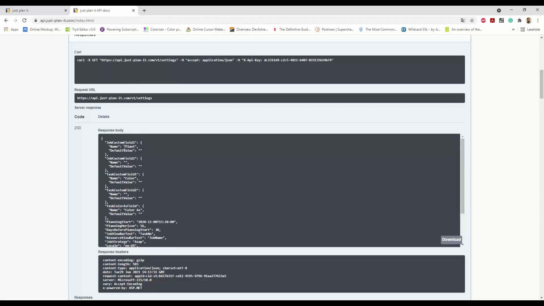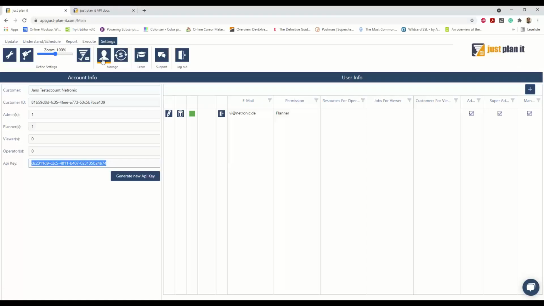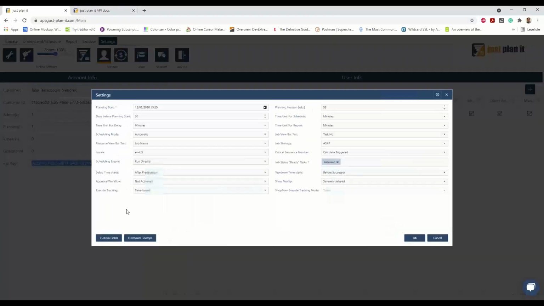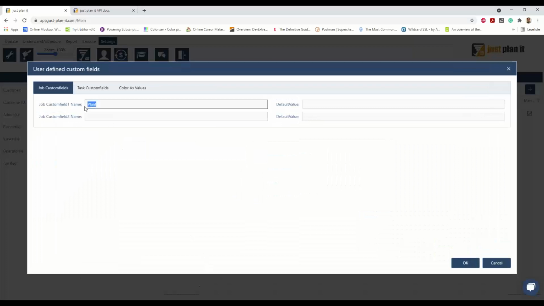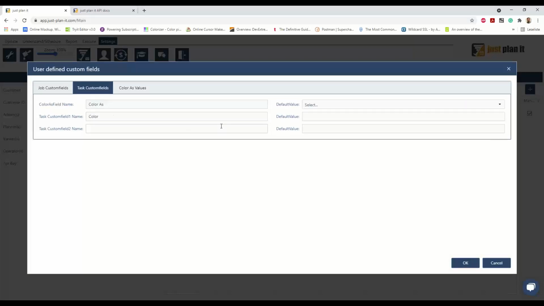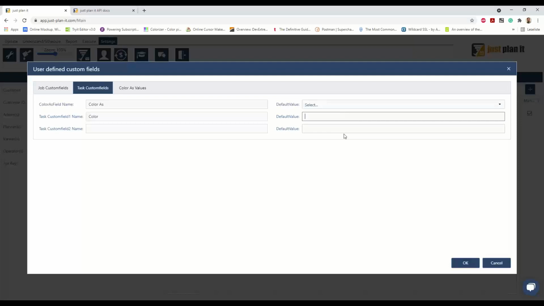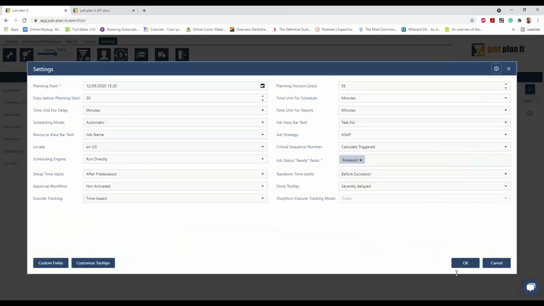And we can see here, okay, we know the job custom field 1 is planned, the task custom field 1 is color, and just to check that this actually is my setup, if we go to the custom field definition, you can see here, this is planned, this is color, and even if I update this here, simply saying the default is red,